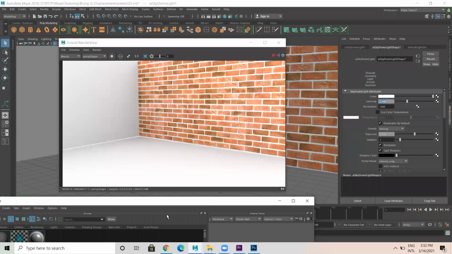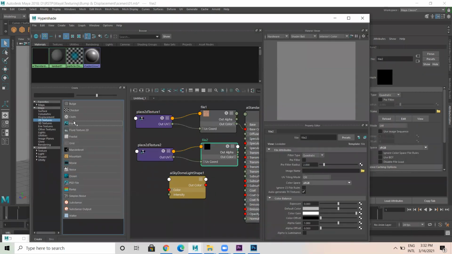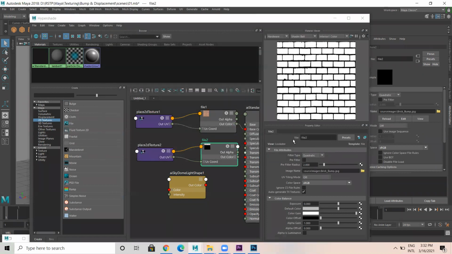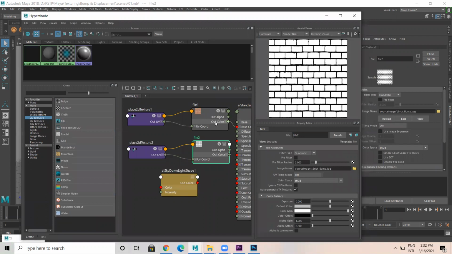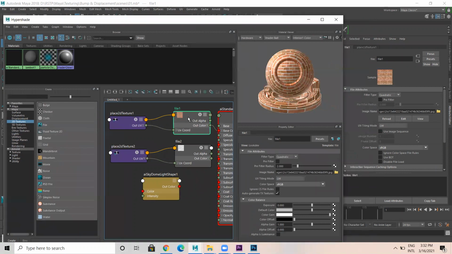It's quite simple now. Come to Hypershade. Take another empty file. Now select this, take brick bump and make sure there is no color texture here.